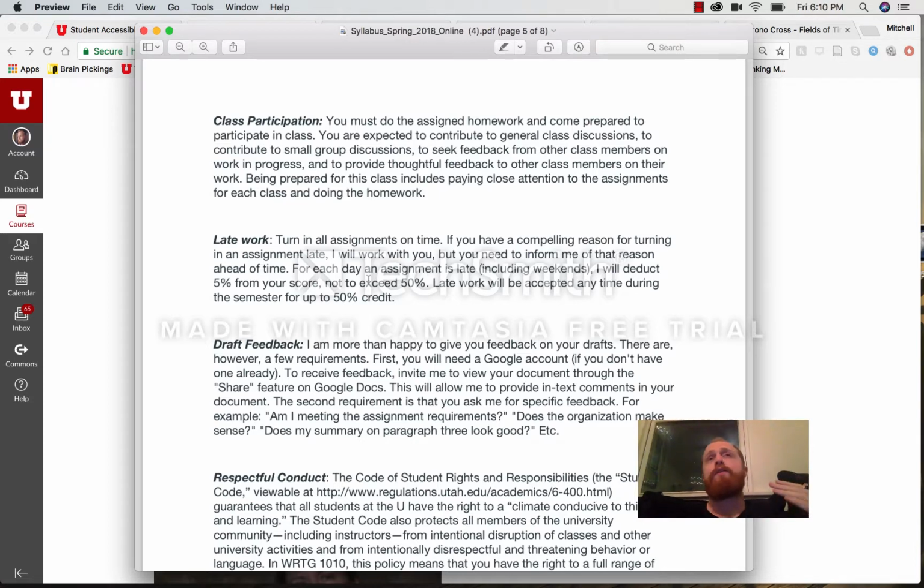Say again, so if you decide you don't want to do the first writing assignment until the very end of the semester, you can do that, and you'll still get at least half credit. However, I would recommend you don't do that, and if you did that with all assignments, you would still fail the course. So do your assignments on time to get the full credit, but if you end up being late, don't just not do it. Get it in as soon as you can, and you'll retain as many points as you possibly can.